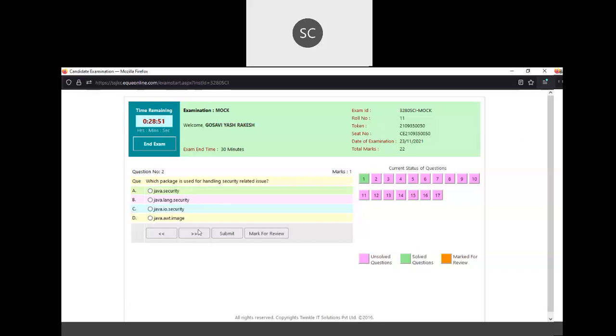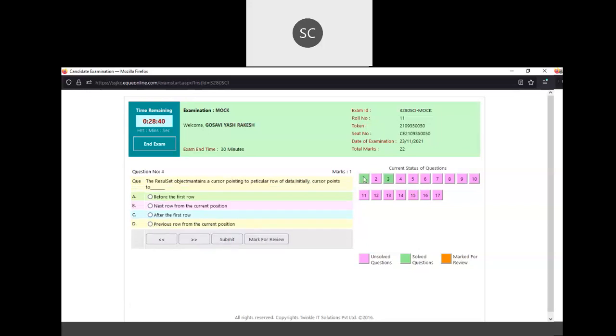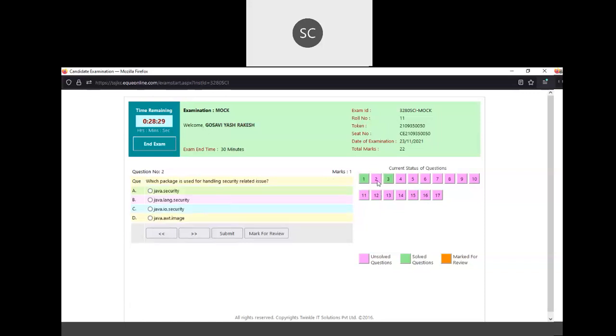So if you want to go ahead, you have to use this button. So you came to the third question, read the question, select any answer, submit it. So see, 1 and 3, these are the 2 questions which are attempted, rest all are unattempted. Now suppose you want to go back to the second question directly, so you directly click on 2. It will land you on the second question. Read the question and the options correctly, thoroughly, and then select one proper answer and click on submit.